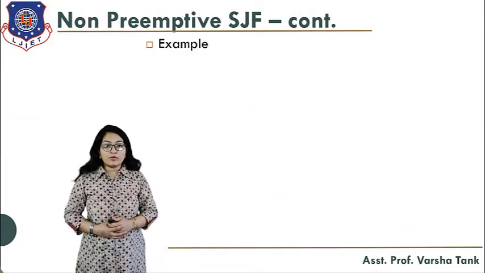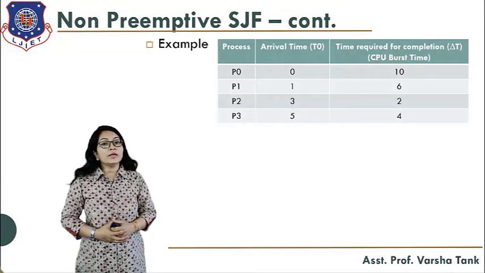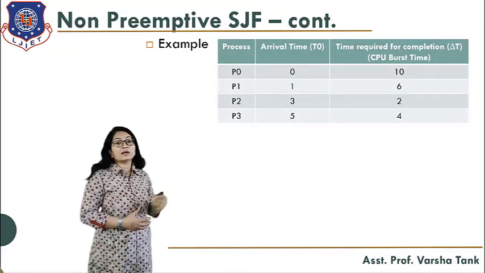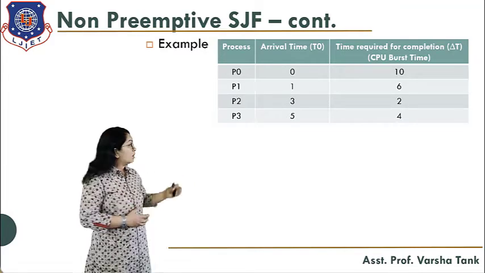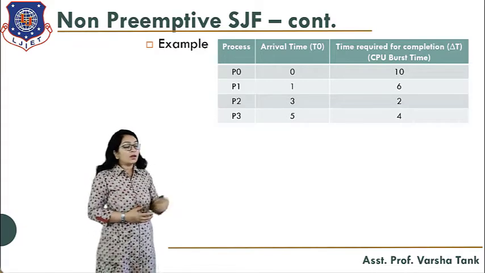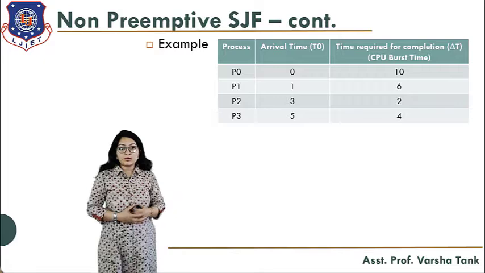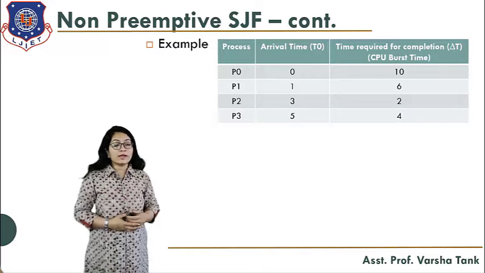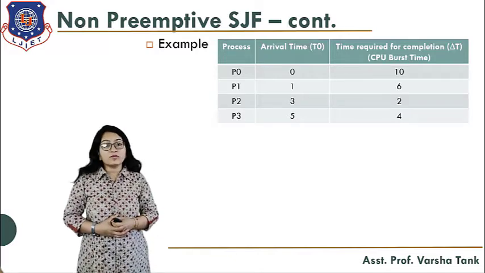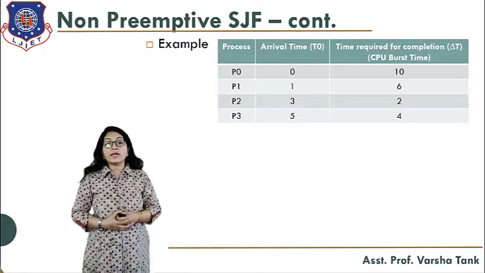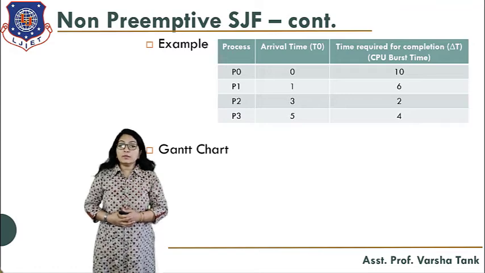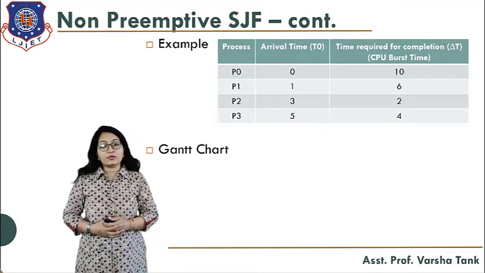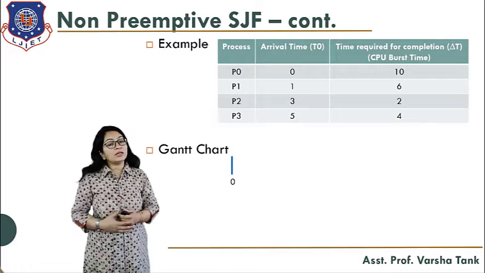Now let's see an example. Here consider the same table, the same example that we considered in the FCFS algorithm. Processes P0 to P3 are there. Arrival time is given for every process, and CPU burst time is given. Whenever you solve any such example, you should first define the timeline chart. That is compulsory, because using the timeline chart you have much more information to define the waiting time, the finish time, and the turnaround time.